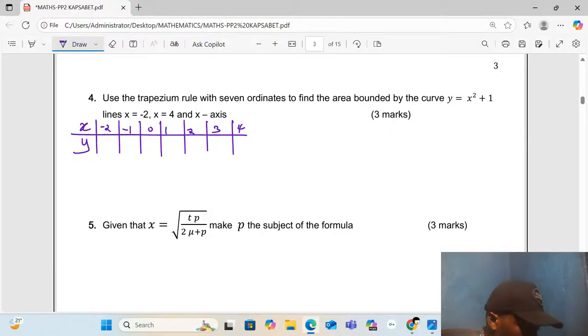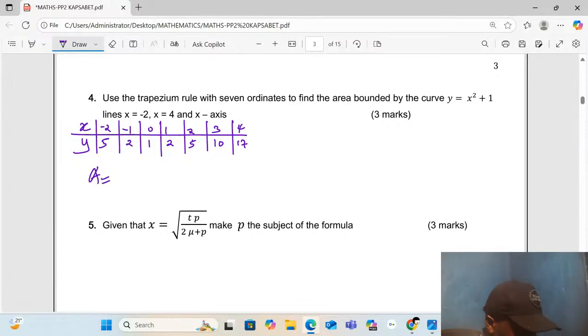So here -2 squared plus 1, we get 5. -1 squared plus 1, 2. 0 squared plus 1, 1. Here we shall have 2, 5, 10, and then 17. Now for us to find the area,